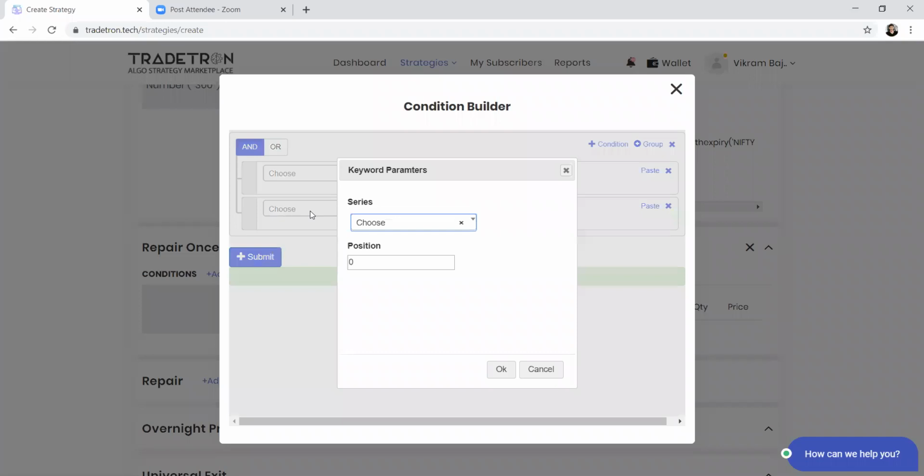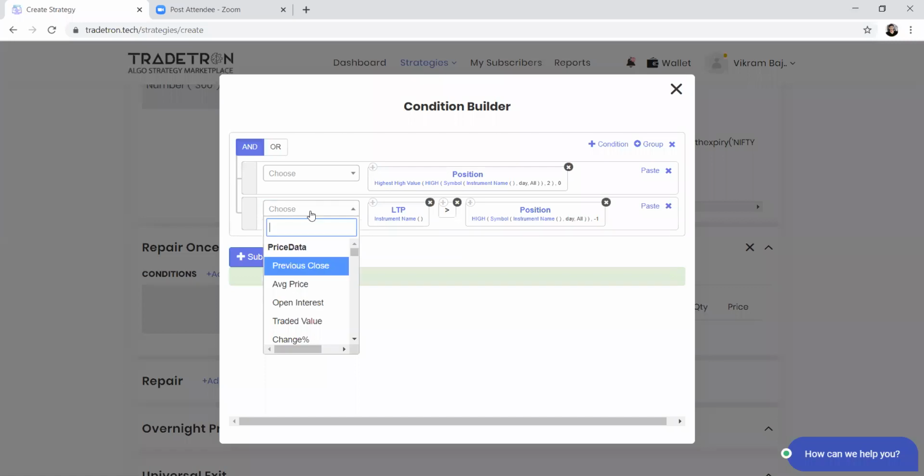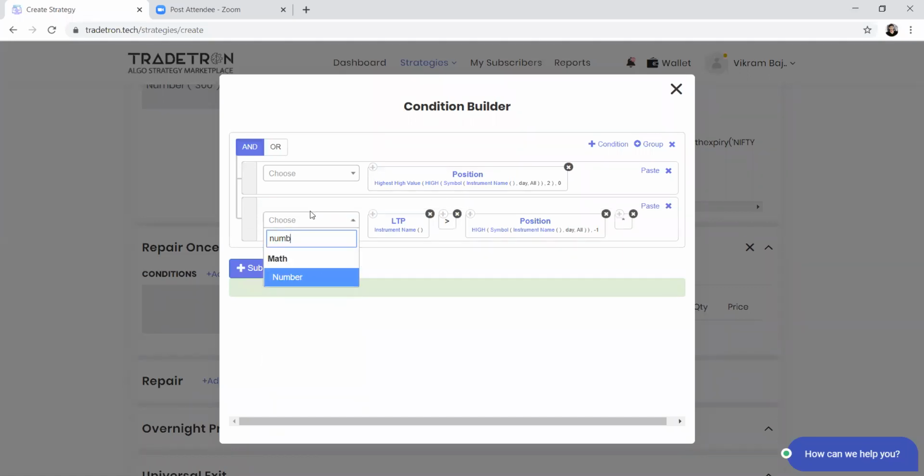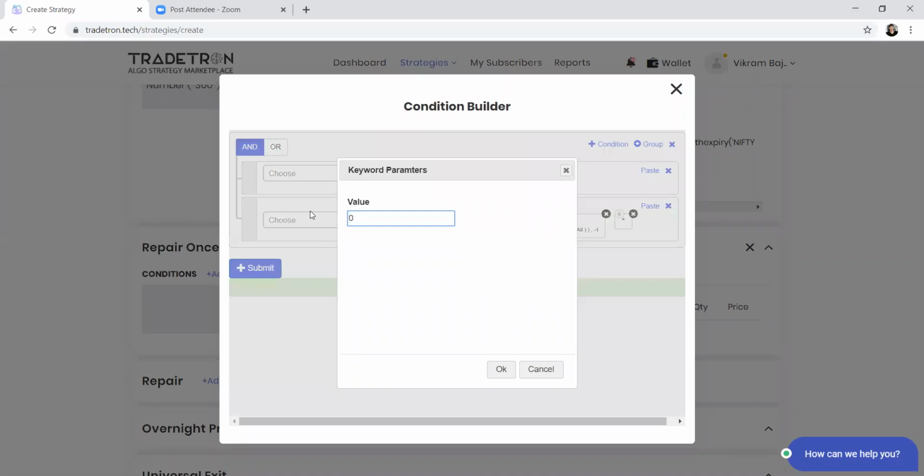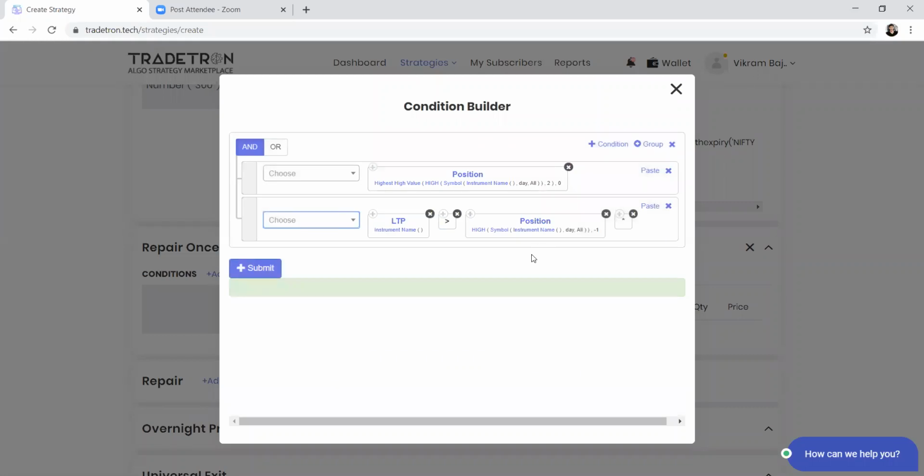Multiplied by any number. So you mean to say that the buffer I want to keep is not possible? Buffer on the previous day you can put. But on the current high, let's say the highest high is 100 rupees, and then I want to take a buffer of 0.15%, meaning 100 rupees 15 paisa above that. Once the price crosses 100 rupees 15 paisa, only then should my position be activated. It should go into buy, and the order should be filled. Yeah, if it is based on the previous day high, it will be possible.